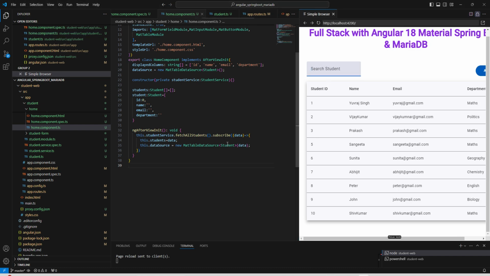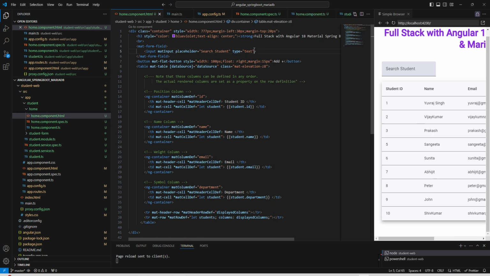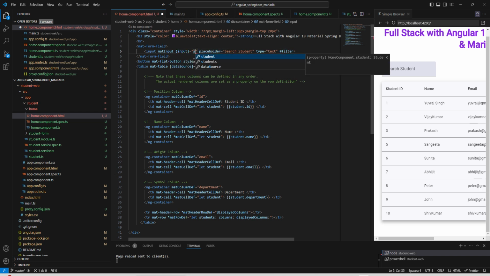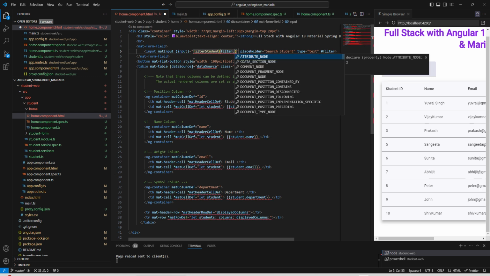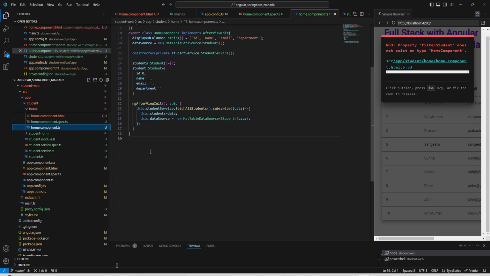Now let us implement our search filter. For that, let us go to our input. This is our input here. So for student, we can add one filter, and here we can add on click. Once we enter any input into the input box, at that time we need to call a method, like search student, or we can name it filter student, and here we can call filter dot value. We need to add one method for this one here,